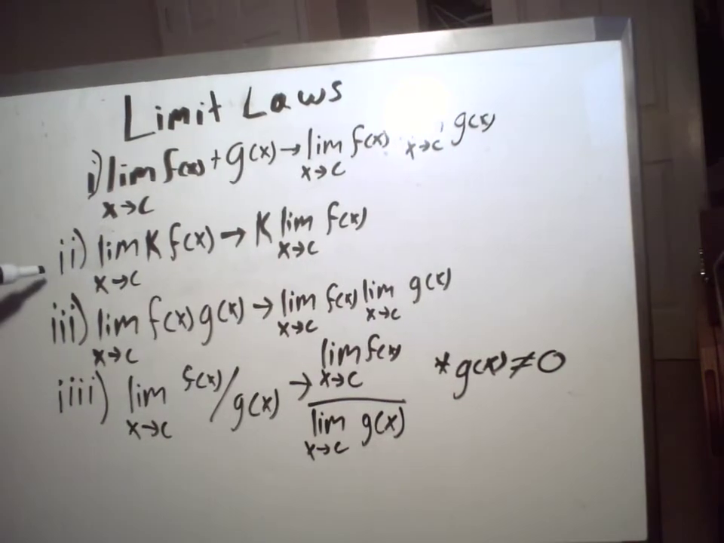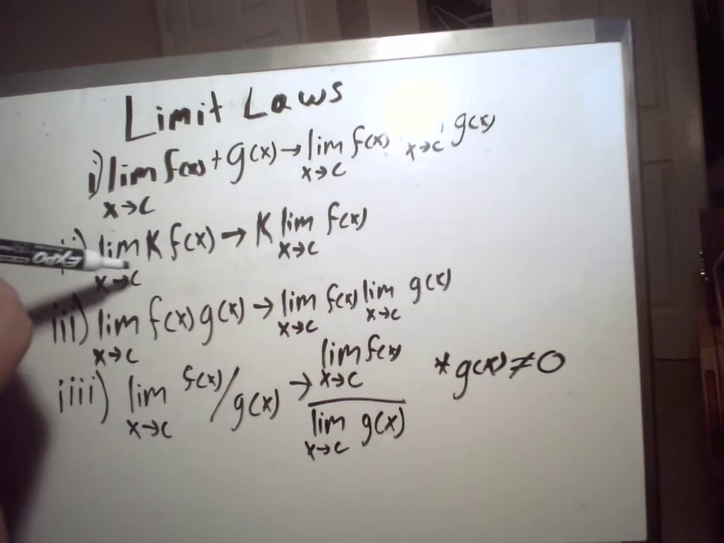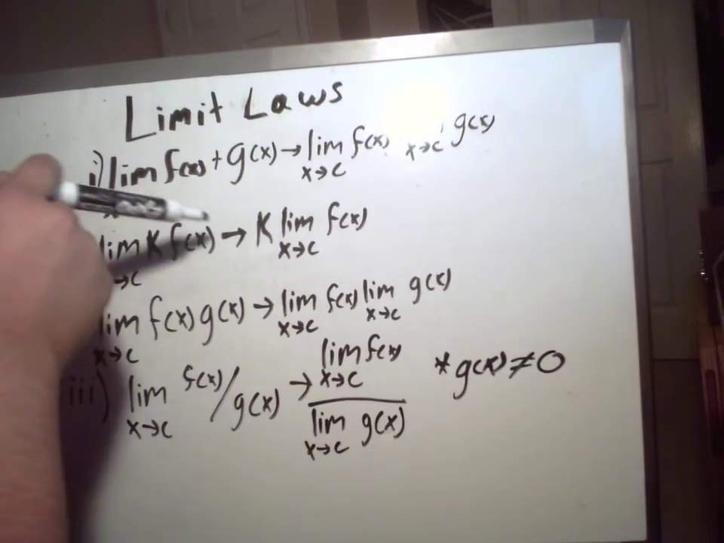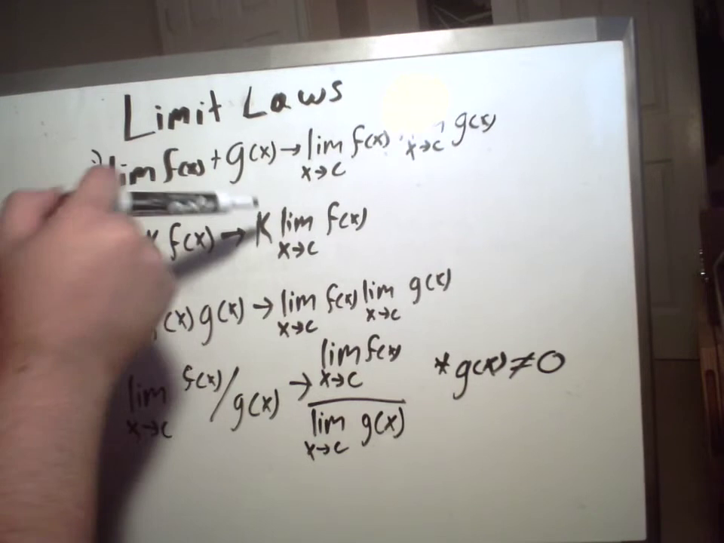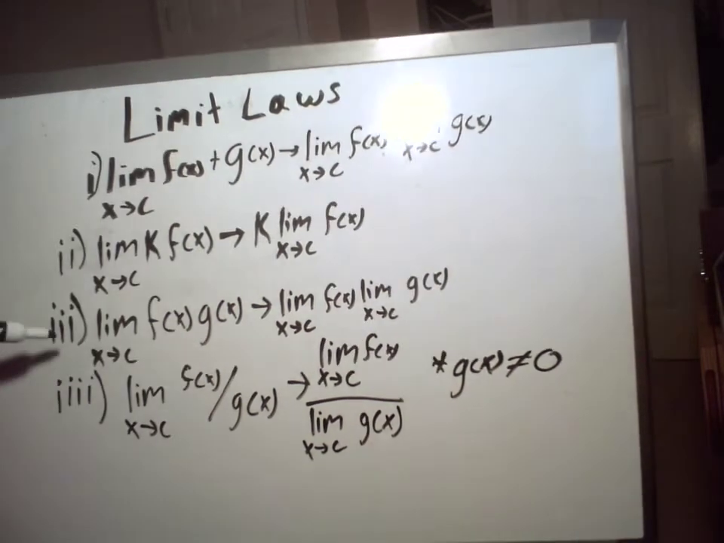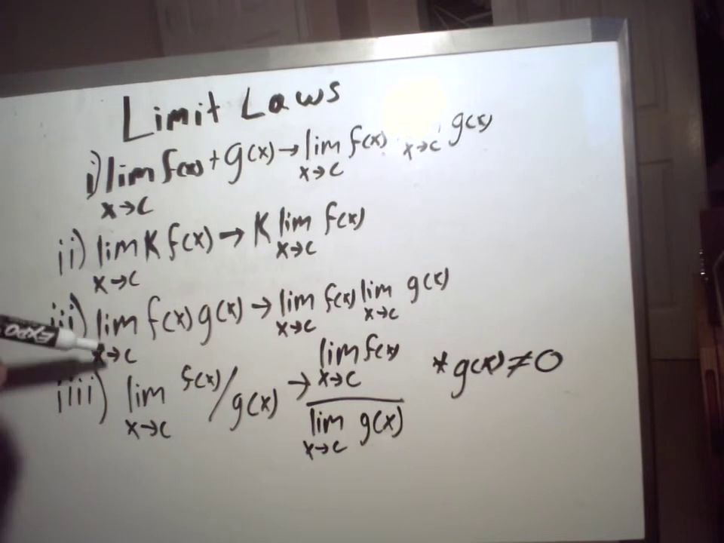Then on number 2, we have the limit as x goes to c of some constant k times some function f of x, and we can just bring the constant out and evaluate the limit of the function. The third one, we have the limit as x goes to c